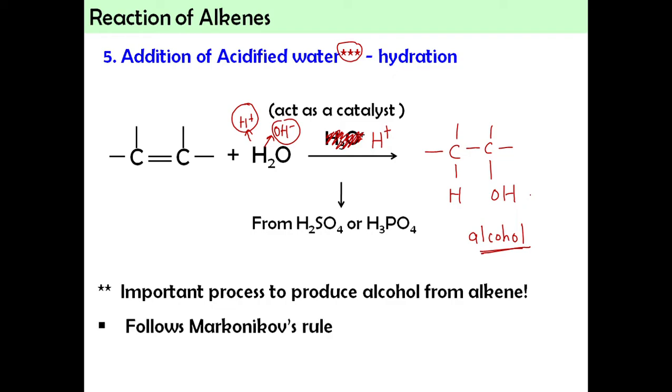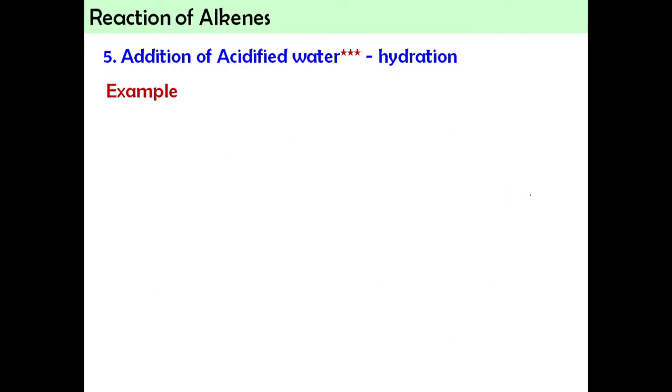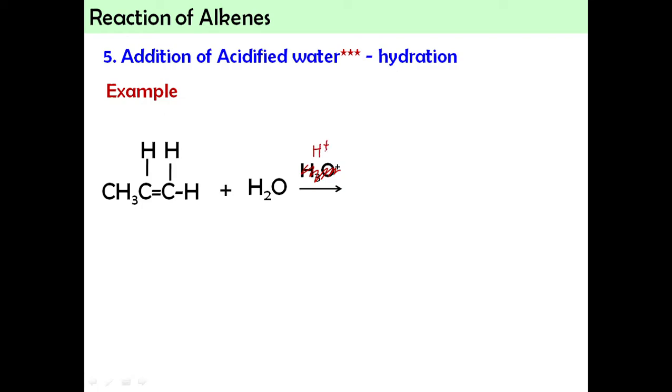So kita nak tengok macam mana kita nak apply Markovnikov rule. We're going to look at the example. So this is our alkene plus H2O. Okay, H2O boleh tukar jadi H plus. H plus actually lagi tepat lah sebab kita nak indicate the acid is concentrated. So we know that the H2O will contribute H plus and OH minus as the reagent,